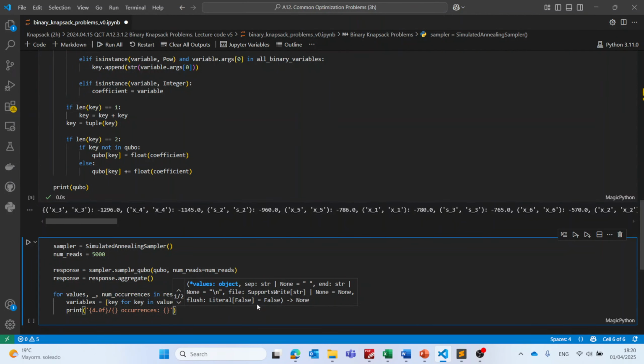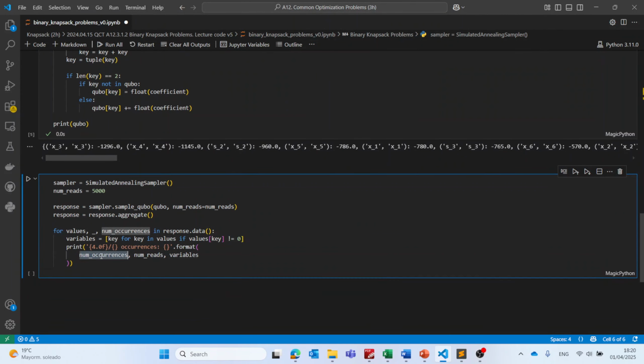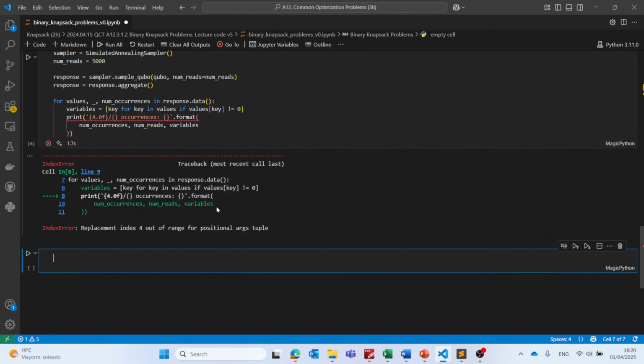Okay, you will see it in a moment. So this will be dot format, and then so what we will be getting is the number of occurrences divided by the number of reads. So how many of the reads were the times that we got this solution, and the solution that will be the variables where we are investing. So we will get